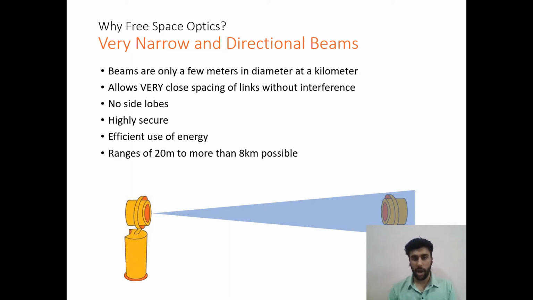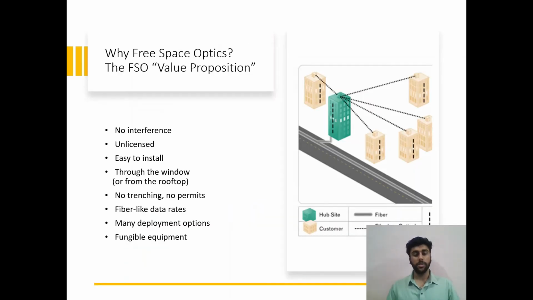8 kilometers are possible. So basically, to list the advantages of free space optics: there are no interferences. It is unlicensed. It is easy to install. It can be used through the windows or from the rooftop. No digging or trenching and no permits needed for the installation. The data rates are like fiber, there are many deployment options, and the equipment is very